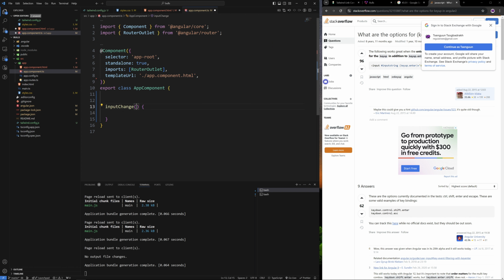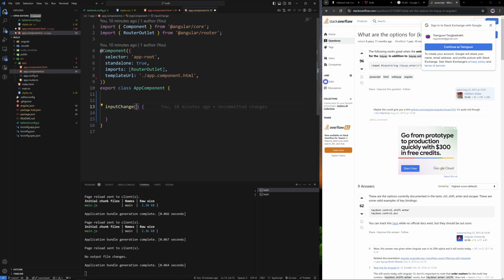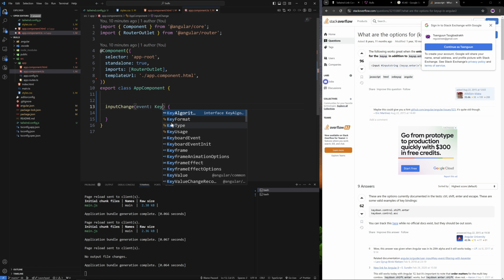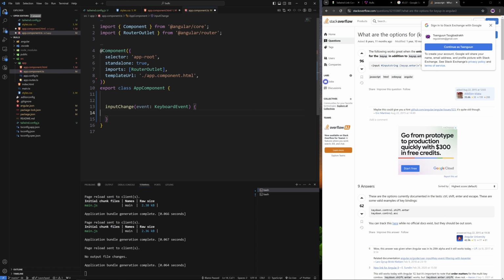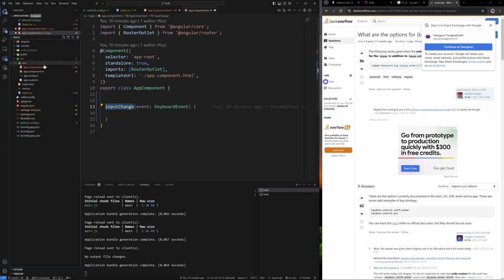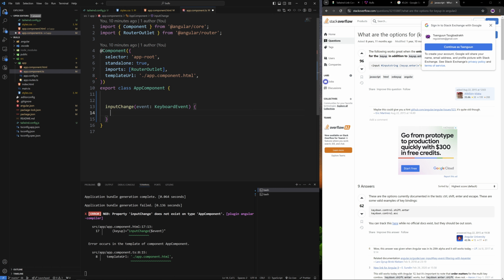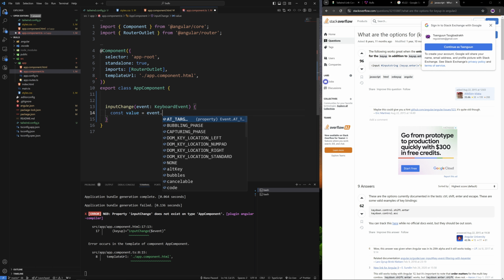So the event comes in, I guess, in here. I think the proper way of doing it would be a keyboard event, right? So if a keyboard event comes in, then I'm calling this function and passing in $event here. So that's the way to do it. And then to get the value is event dot, I think,